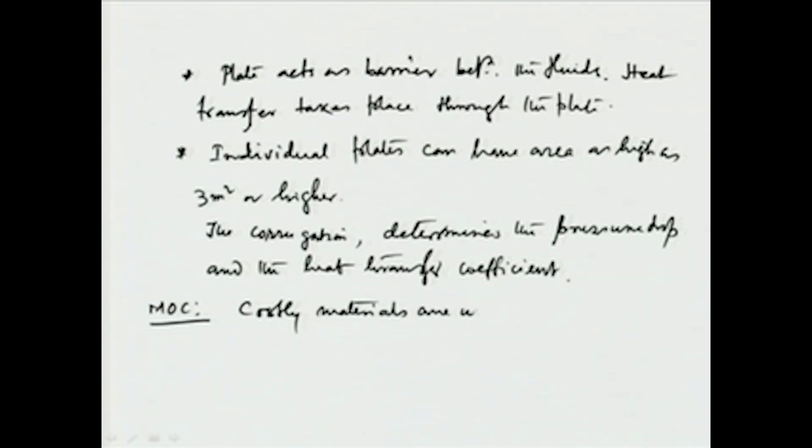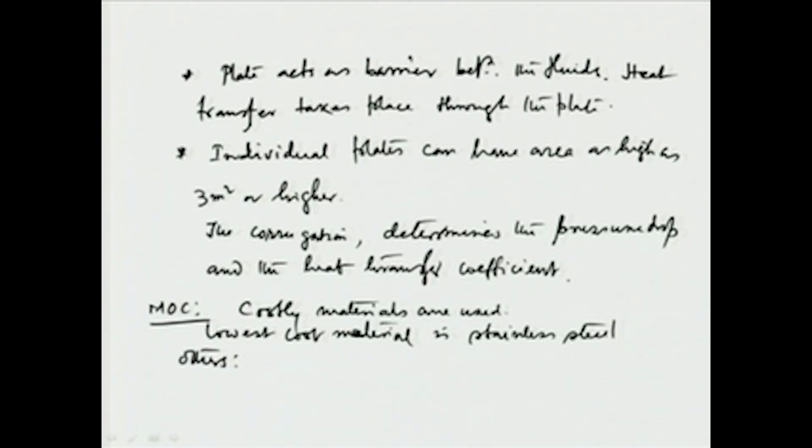The lowest cost material is stainless steel. Others which can be used as material of construction are Hastelloy. This is to give some information about the types of material used. Hastelloy, then Incoloy,